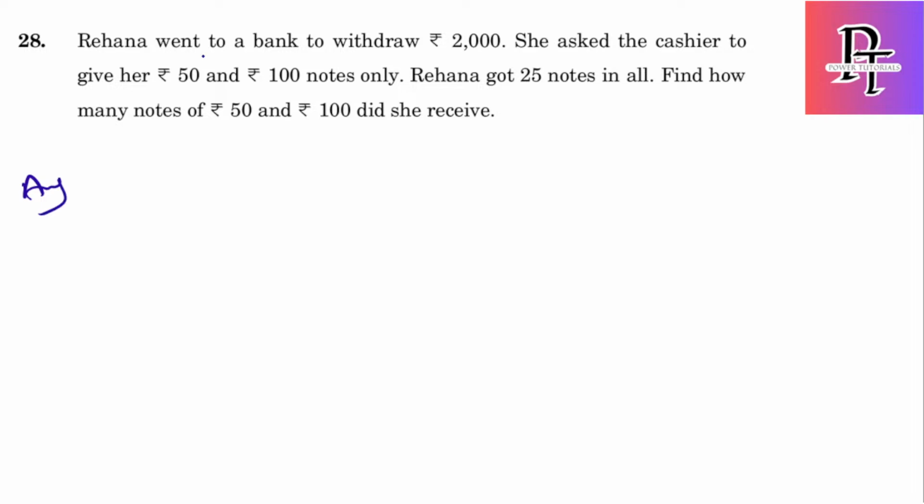So Rehna went to bank to withdraw 2000 rupees. She asked the cashier to give her 50 and 100 notes only. So we have only 2 notes which are 100 and 50 notes. Rehna got total as 25 notes. Then they are asking to find how many are 50 and how many are 100. As she went to bank to withdraw, the total cash amount should be 2000 rupees. So let us assume